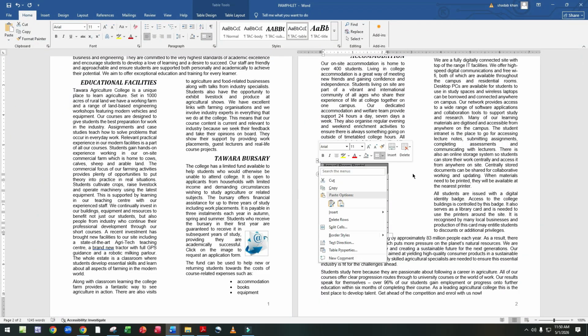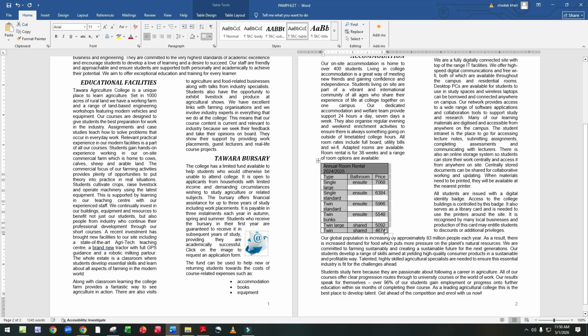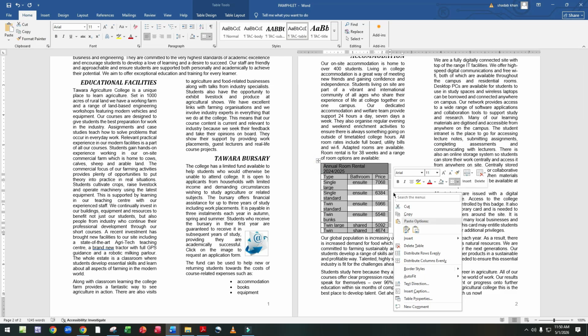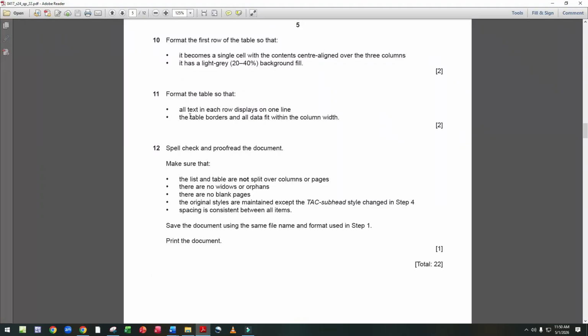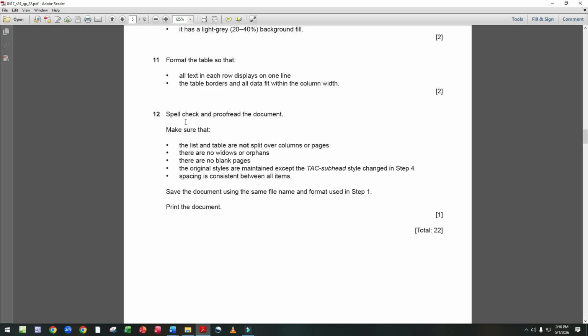Now we select the table, right click, click on autofit, autofit contents.